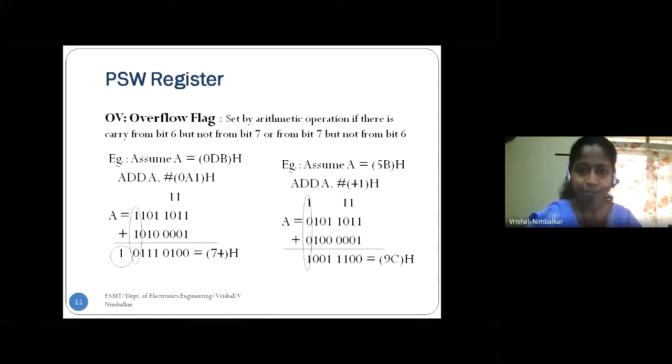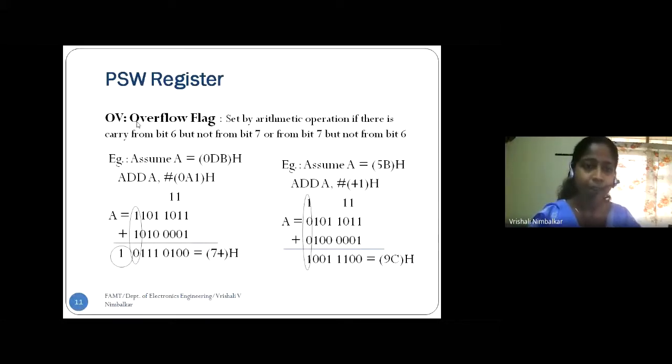Students, how is that indicated? Whether the number is positive or negative? By the sign bit. It is the last bit, the MSB, that is bit 7. If you have 8-bit data, bits 0, 1, 2 up to 7, it is the 7th bit which indicates the sign. Correct? And that is also called the sign bit, the D7 bit. So whenever that D7 bit is 1, we say the number is negative. And whenever the D7 bit is 0, we say the number is positive. So the overflow flag deals with signed arithmetic.